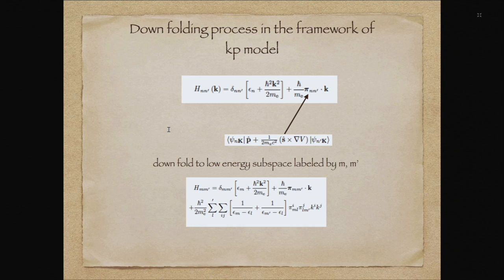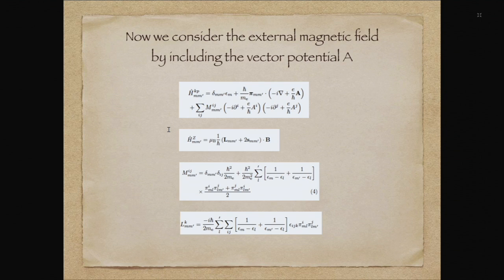You don't have a vector potential A. So without a magnetic field, you get a correction like the effective mass correction. This is standard. But once you turn on the vector potential A, you will get some additional terms. You will get two contributions from the vector potential A. One is what we call a symmetrical combination of this A vector, and this symmetrical combination still gives you the correction to the intraband terms. It describes the formation of Landau levels.